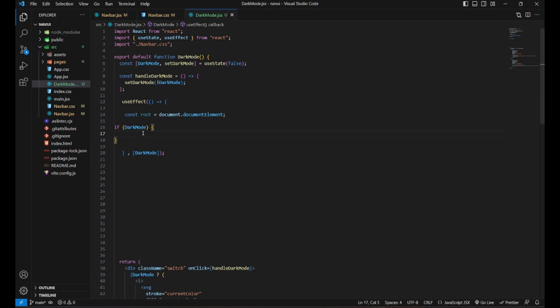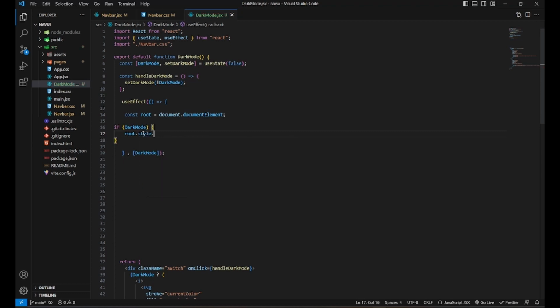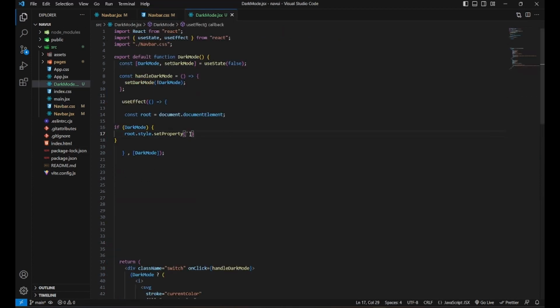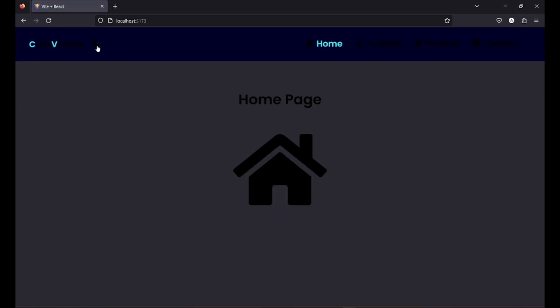If it's true, we will access the root element's style property, and we will change our style property. So let's go for setProperty, and the property name, I mean for the root element, let's copy the text white. We'll first try it with text white and check whether it's working or not. Let's paste it here, and with a comma let's give it a new value which should be black. Initial was white, so let's see. We will refresh and yeah, it's working.